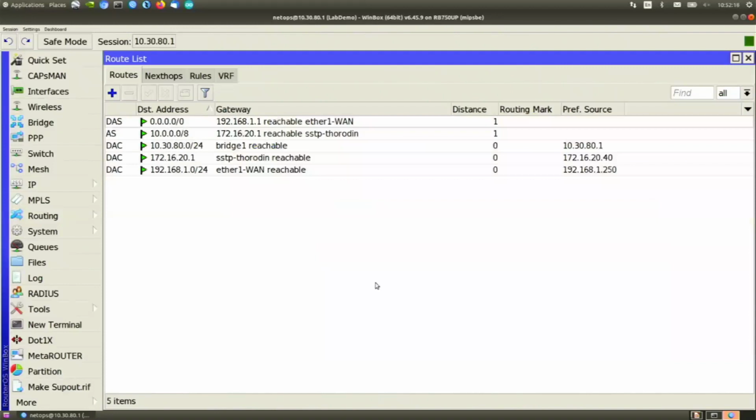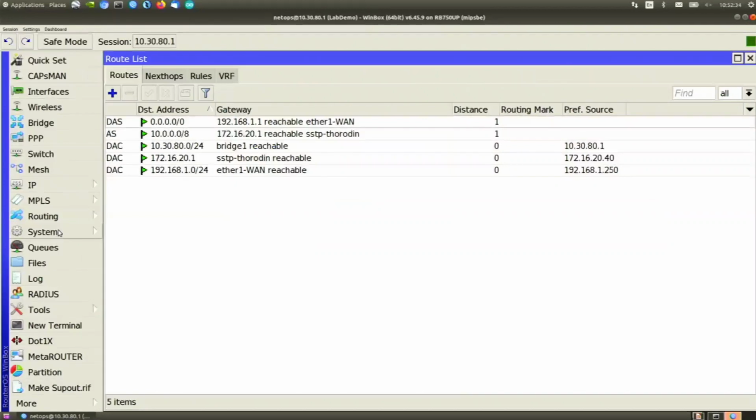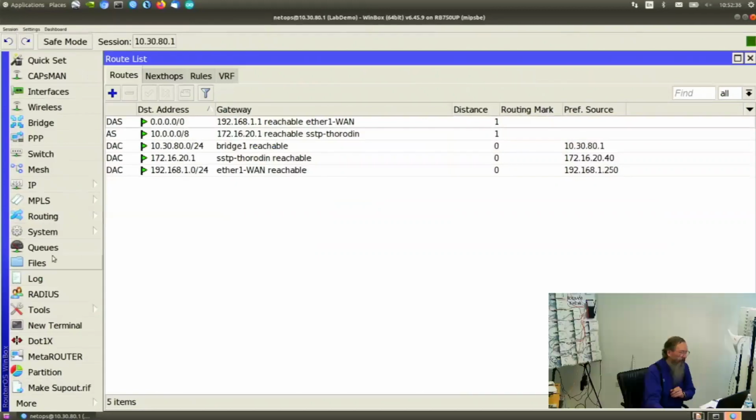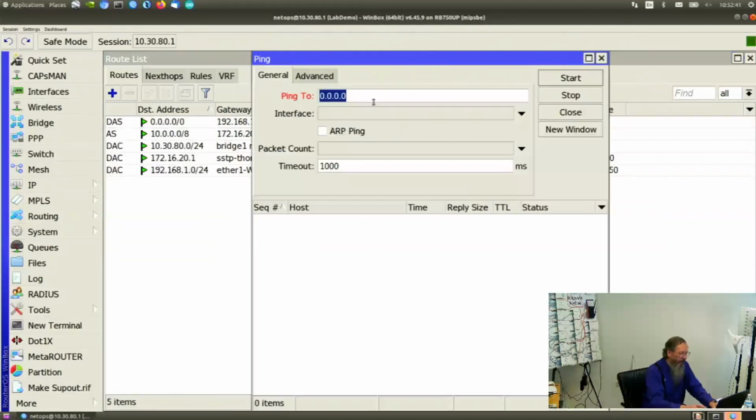What does that do? Voila. Notice that it says AS, that's a static route that I have added. It sends all traffic to 172.16.20.1. The A is active. If it's not active, that line is going to be blue and it will not have an A in front of it. So if I now say, okay, can you ping